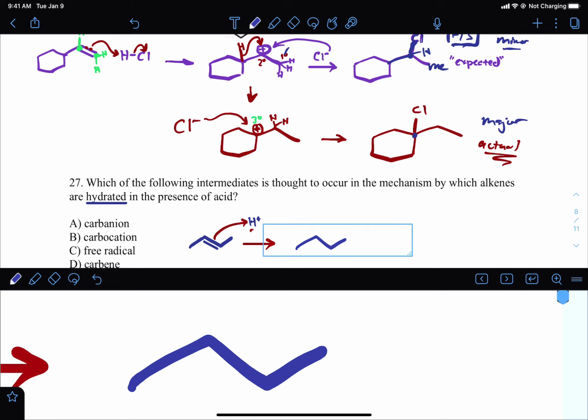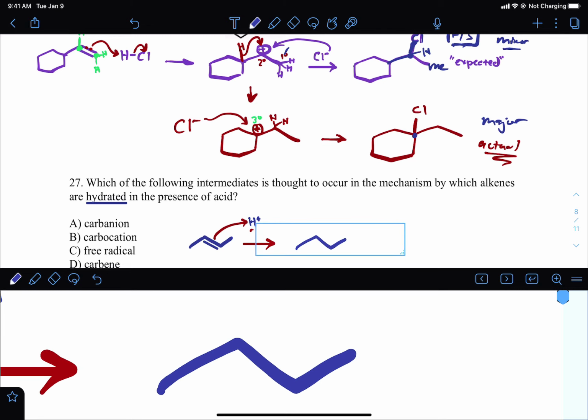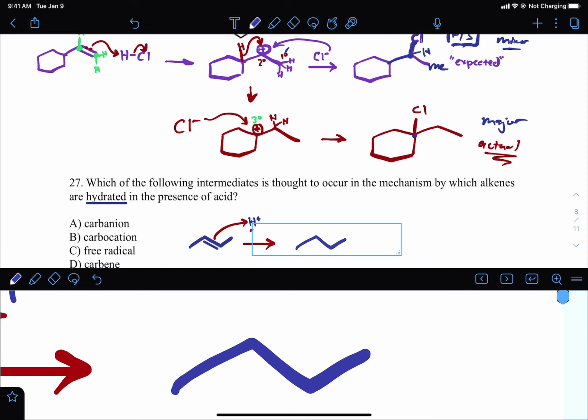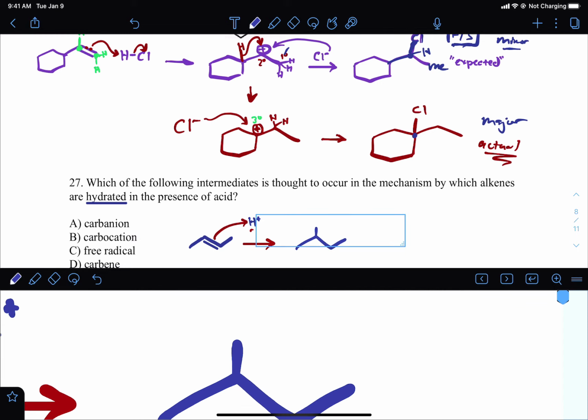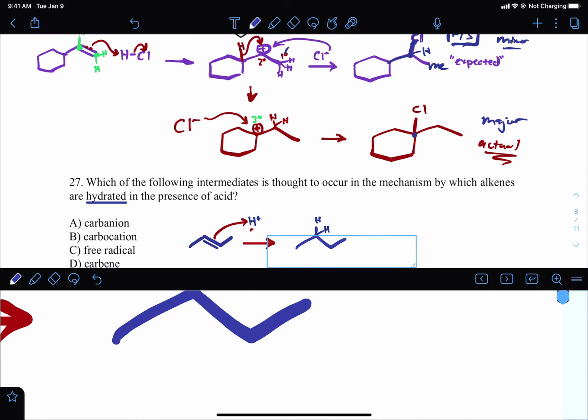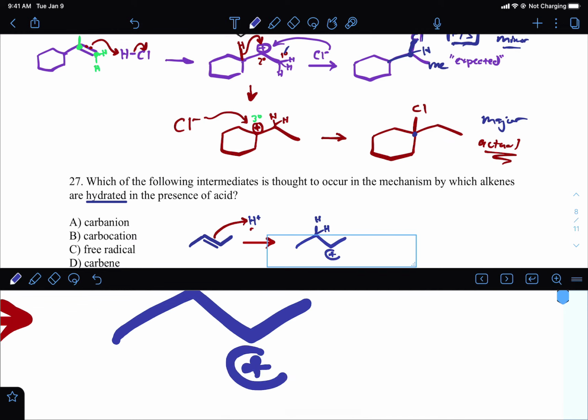So again, in this case, we've got an equal number of H's, so we can just choose one place. Let's say our H goes here. So now we've got two H's there. The other carbon ends up with a positive charge. That's our cation. Rearrangements won't help. We just end up with either a primary, which is worse, or a secondary, which is the same. So there's no reason to